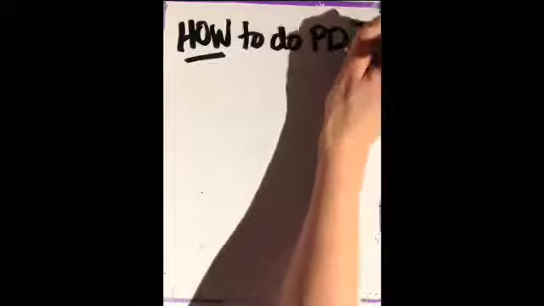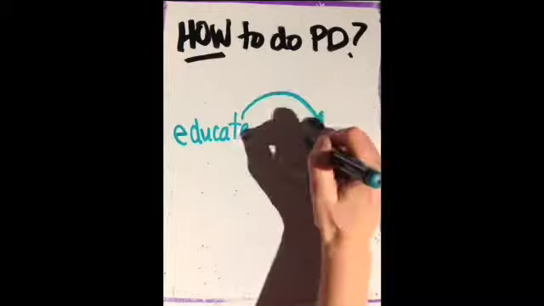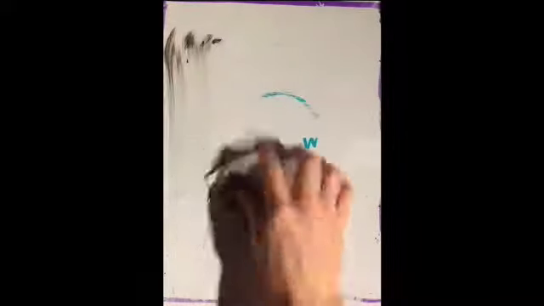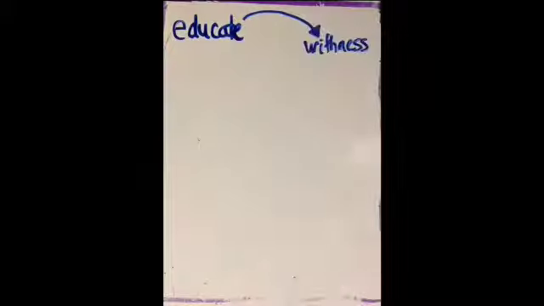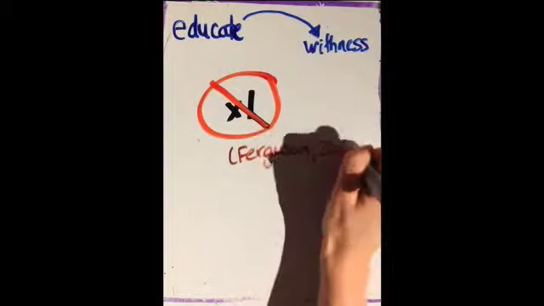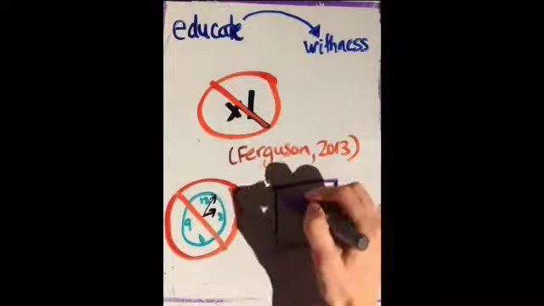The next shift in thinking that I had was about how to do professional development. I started thinking it was all about educating others and ended up at the end of the course thinking deeply about the concept of withness. In his article, Organizing for Professional Learning Communities, Ferguson writes that one-time workshops are not effective for professional development. Based on this, we had a class discussion about how moment-based professional development is no longer effective and we're moving towards ongoing development in learning communities.